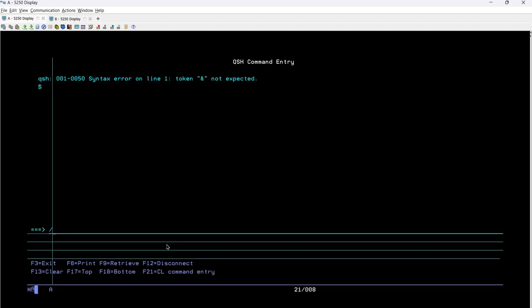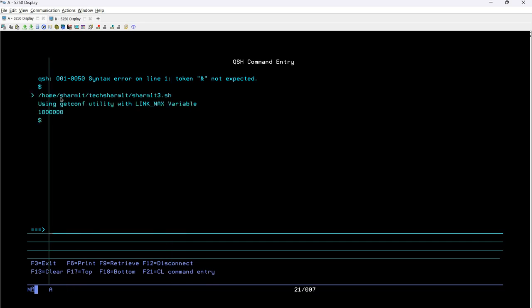Then we will put here /home/sharmit/ slash sharmit3.sh. Not sharmit.sh, it's sharmit3.sh, because this time we have created the script in the sharmit3 file. Okay, so the moment I hit enter here, it will show me this output, where the first line is